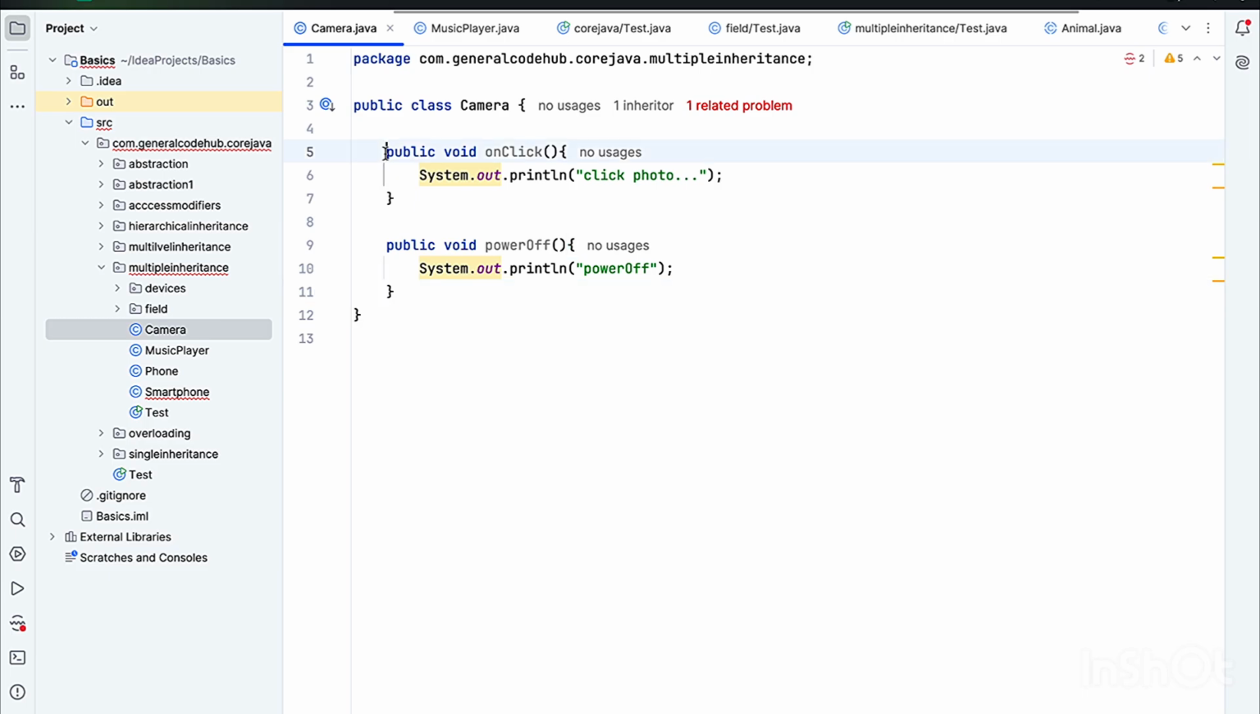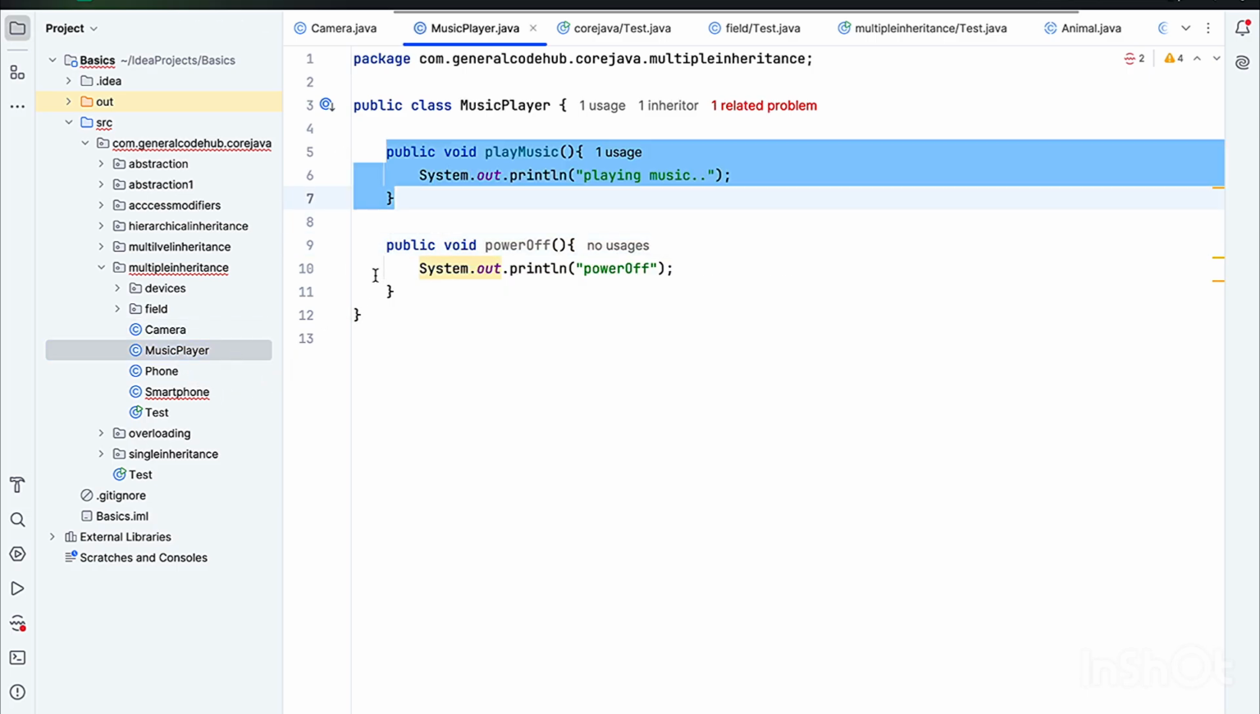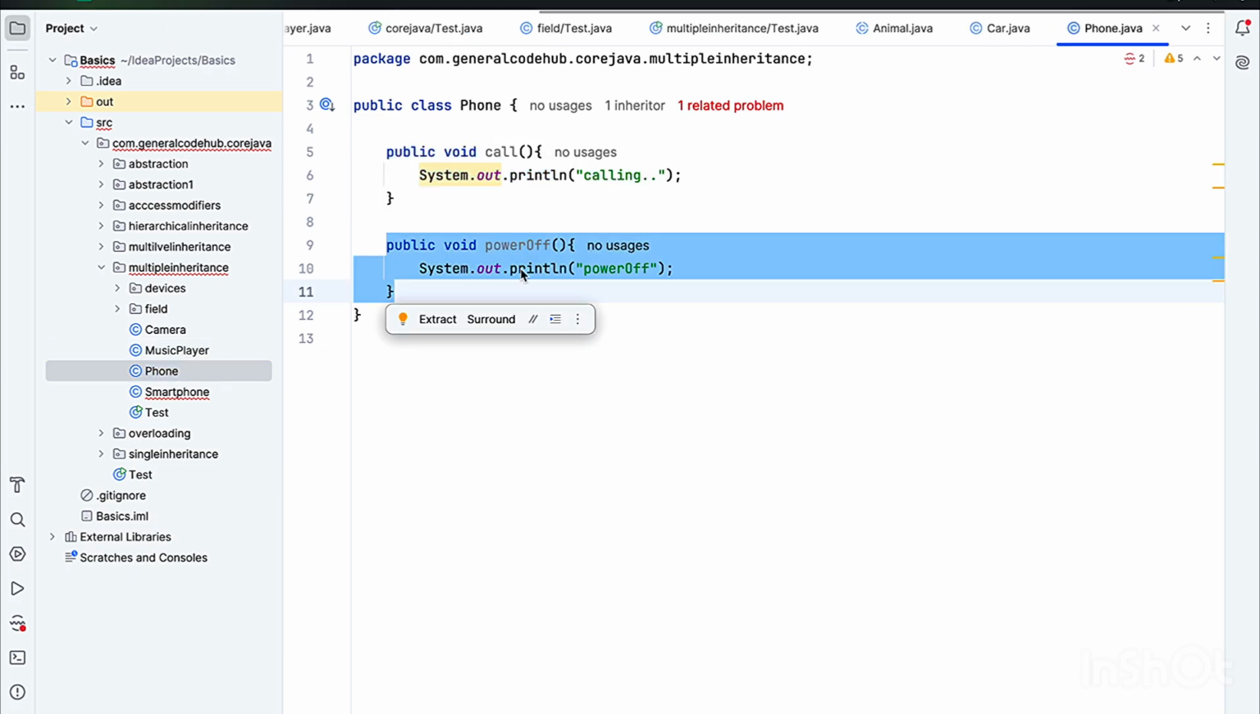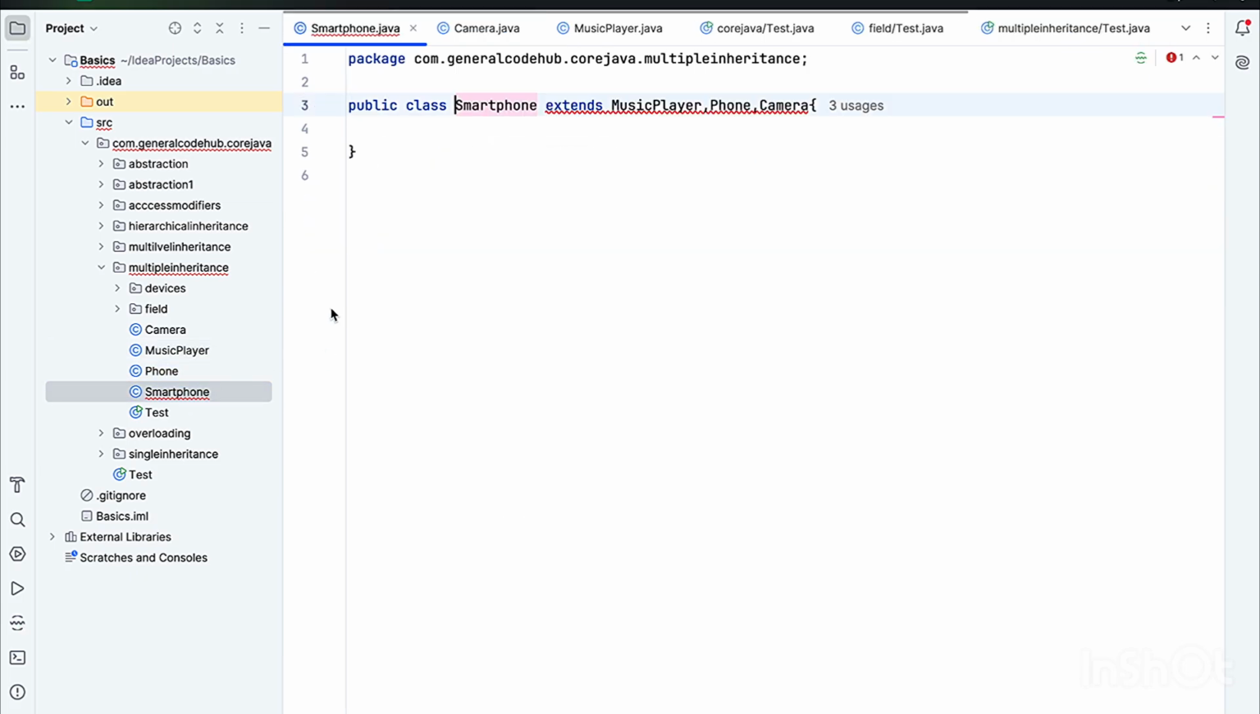And camera has its own functionality like on click and power off. But there is a common method, power off, that is applicable for camera, for music, and for phone. The smartphone has all this functionality: camera, music player, phone call, and all. In Java, if you try to use all three by using the extends keyword, it is not possible in Java, because